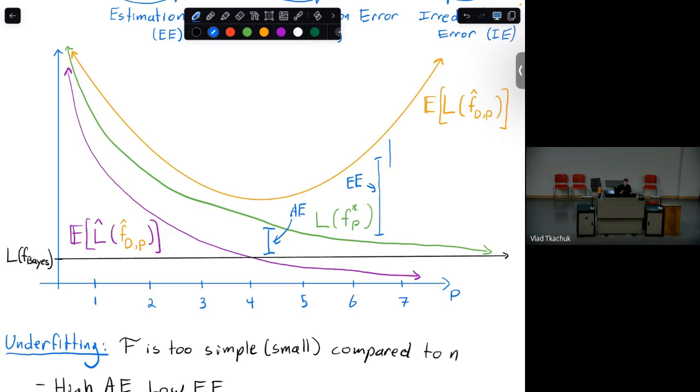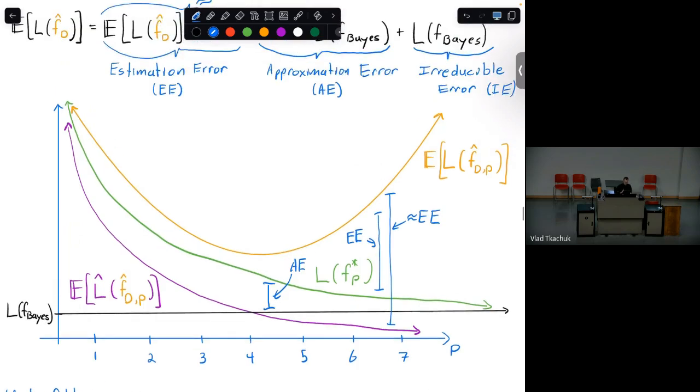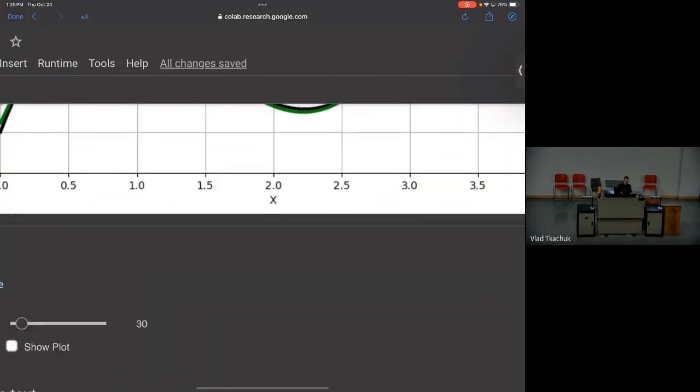So, roughly speaking, this guy is approximately equal to the estimation error. Okay, so that becomes a very important kind of understanding. And yes, okay, so here's the plot. I'll give you some more visualization for this,